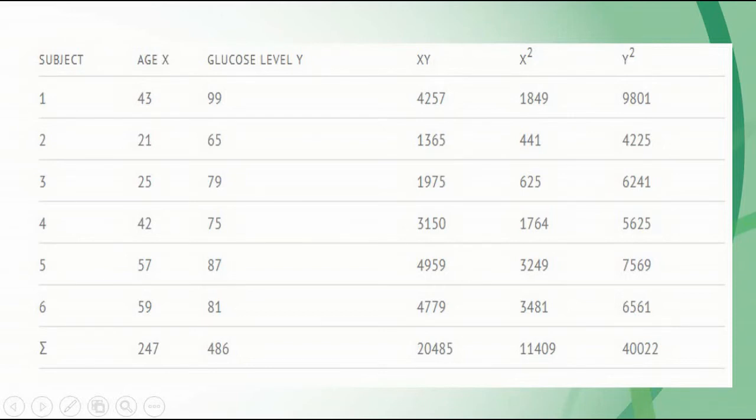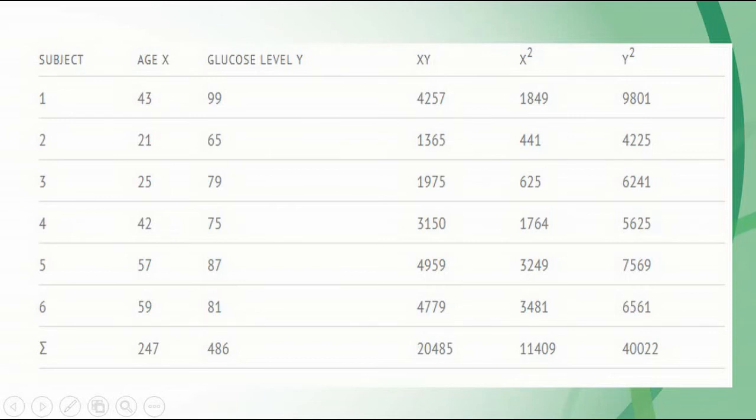Next, subject 4, we multiply 42 and 75, that is 3,150. Next, we square x, 42 times 42, that is 1,764. Next, we square y, 75 times 75, that is